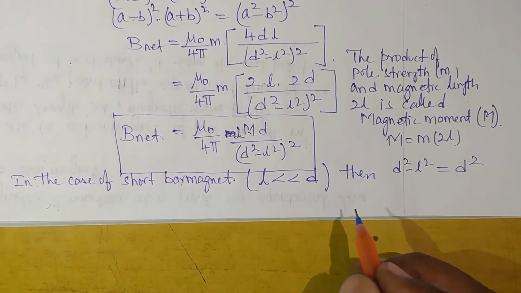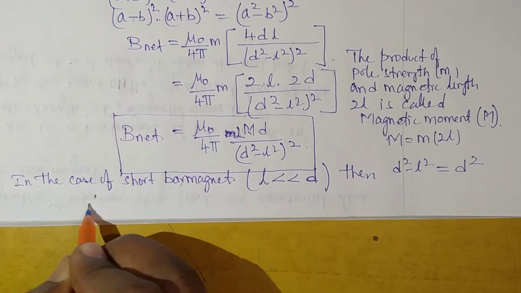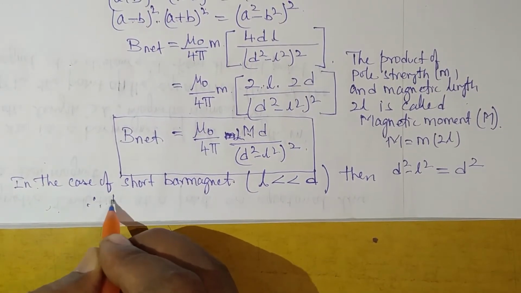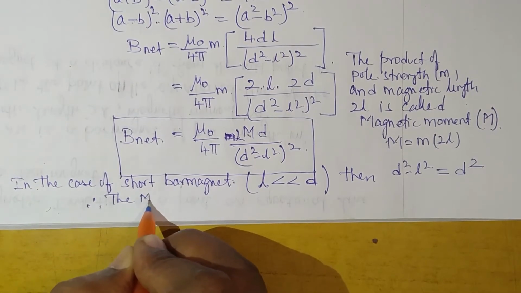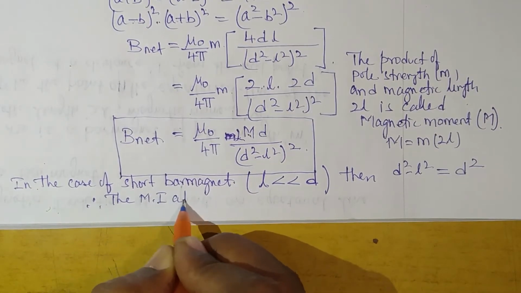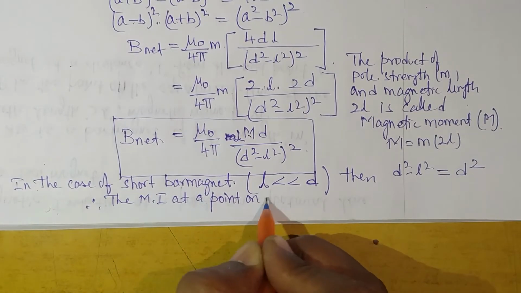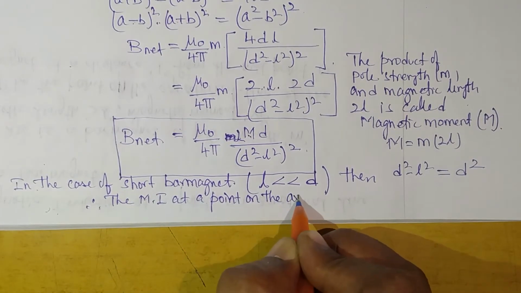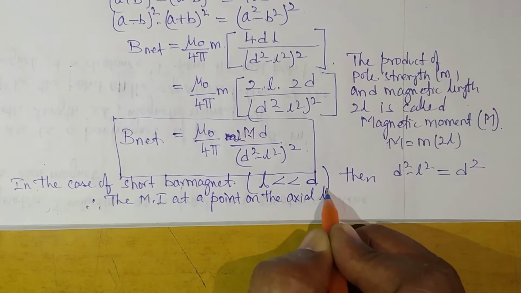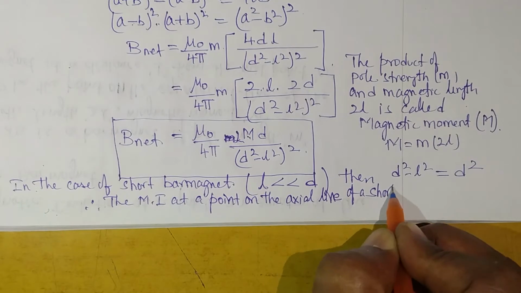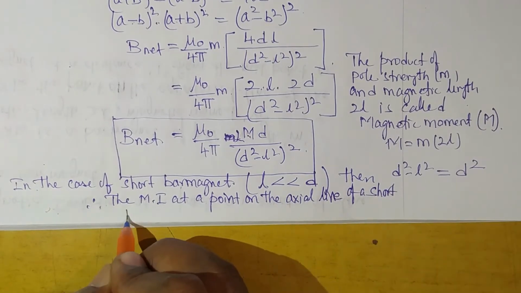So therefore the magnetic induction at a point on the axial line of a short bar magnet